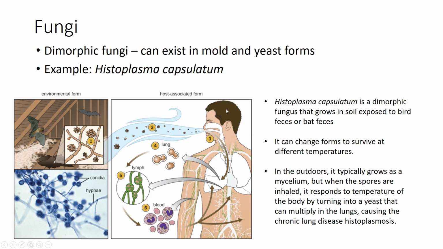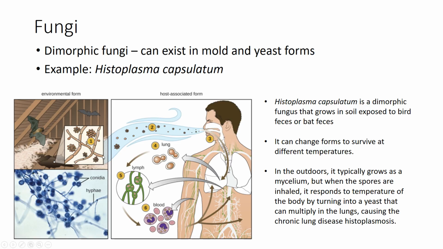One interesting thing that can occur with our parasitic fungi is that a lot of them are dimorphic, meaning they can morph back and forth between the mold and the yeast form. And so this particular example is really interesting. It's called Histoplasma capsulatum. Histoplasma capsulatum grows in soil that's been exposed to either bat or bird feces. So it's really common if you have an older place that people are remodeling or something like that. If it's ever had bats in the attic and had any guano, then you may have some of this more mold-like